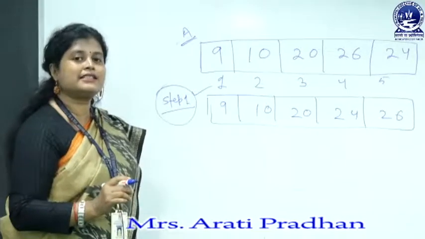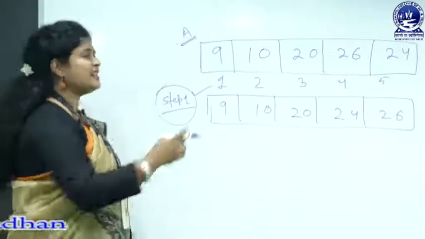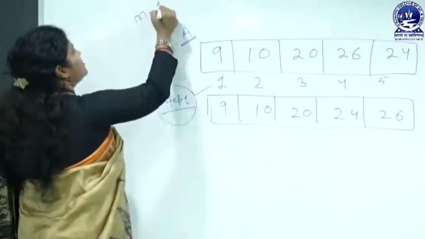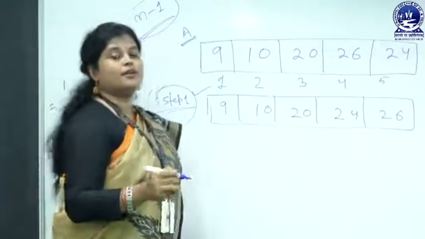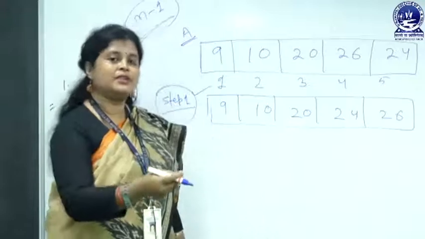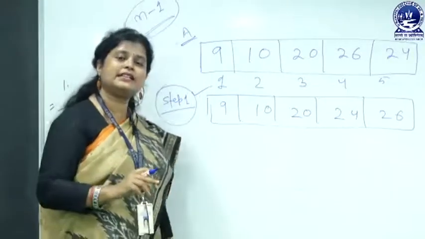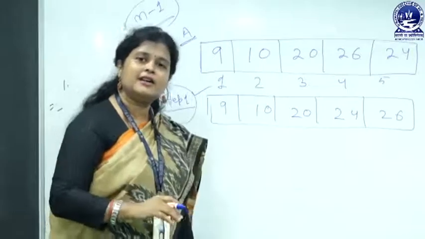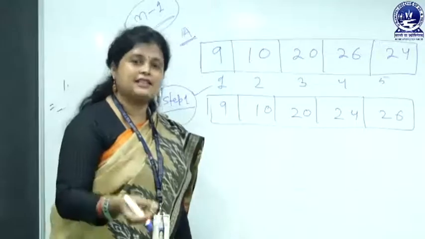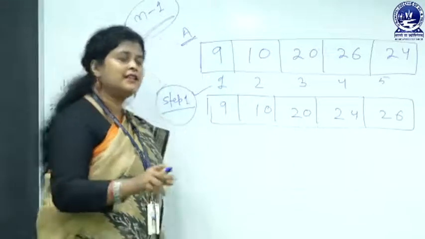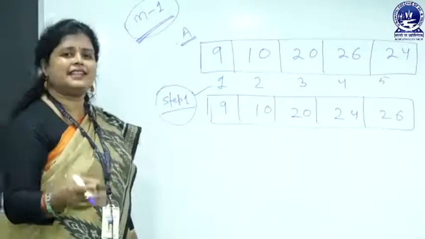But if the list is totally in disorder, then it is taking n minus 1 iterations. We do not know in which way the user has inputted the list, whether in nearly sorted order, average order, or totally disorder order, and for that reason we use n minus 1 iterations in general.